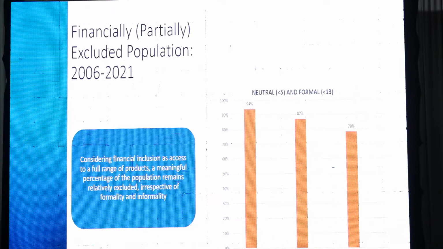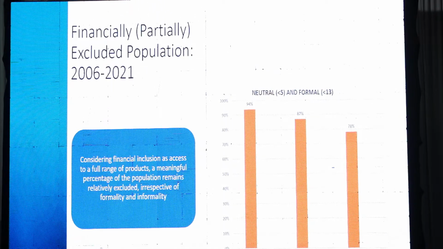If we now take away the formality and look at products irrespective of this dimension, so we can consider, for example, an individual with a CHAMA member and will have an account and likely also credit and savings, we see that we obtain a similar pattern and trend. So following a similar logic as for the formal indicator, for the neutral indicator, we assign a score between 0 and 9 with a threshold at 5 for individuals who have 3 products.